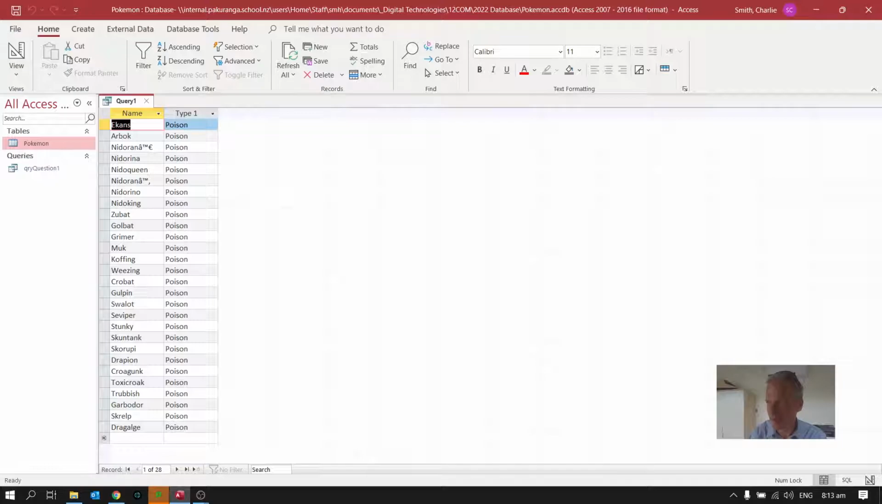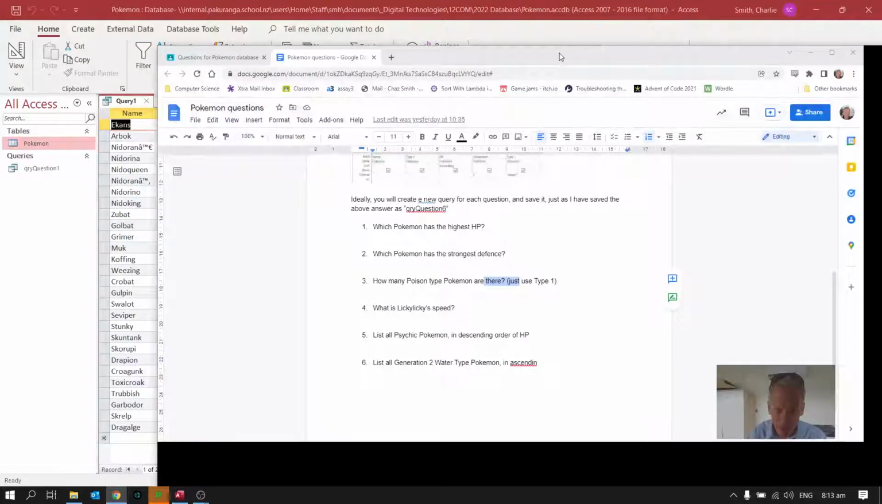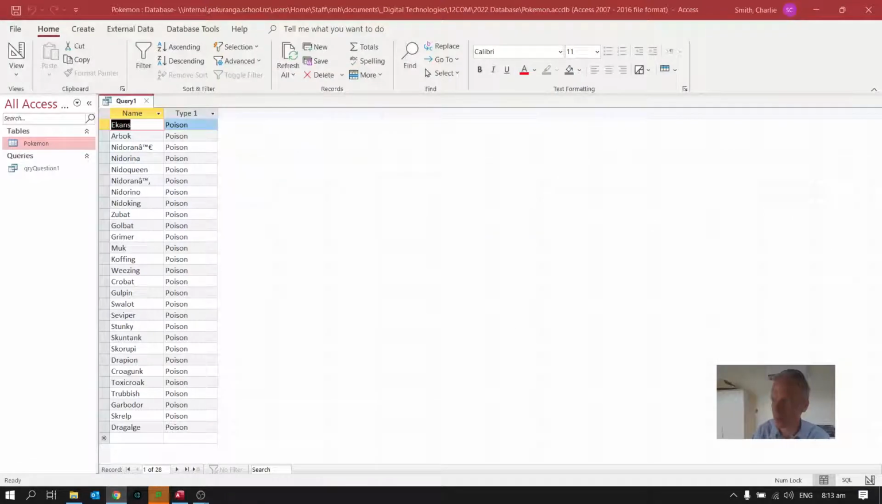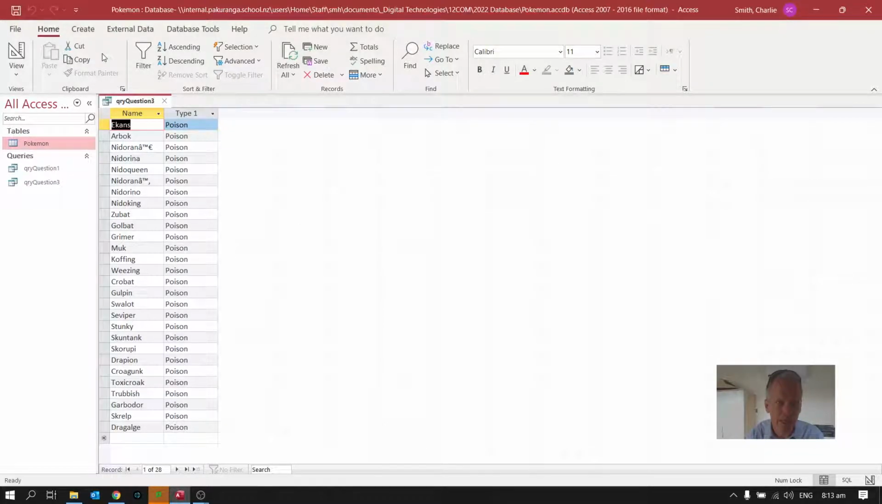And then I'll just look at one more, the last question. All generation 2 water type Pokemon in ascending order. I seem to have run out of letters. So I'm going to save this one just to prove a point that it's super easy to save what I'm doing as I go along. So QRY question, that was question 3 I think, and then make a new query,